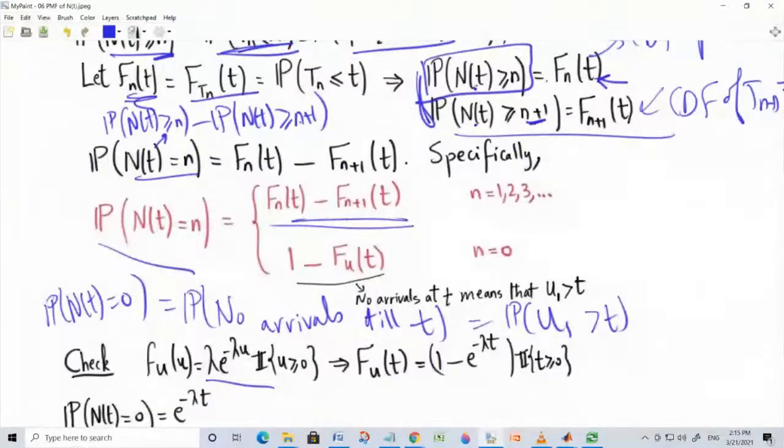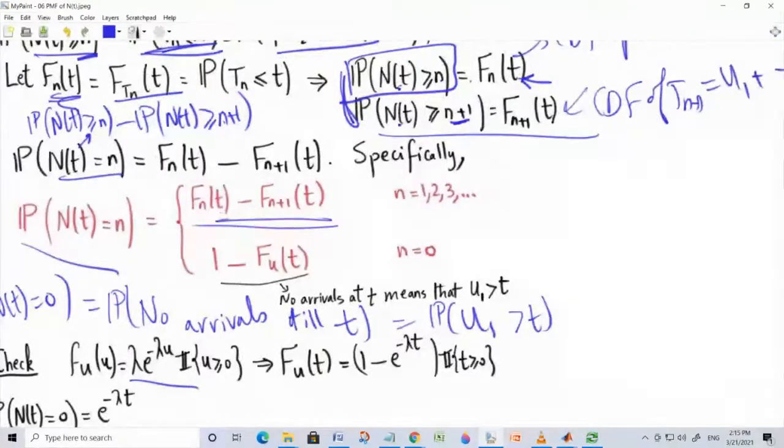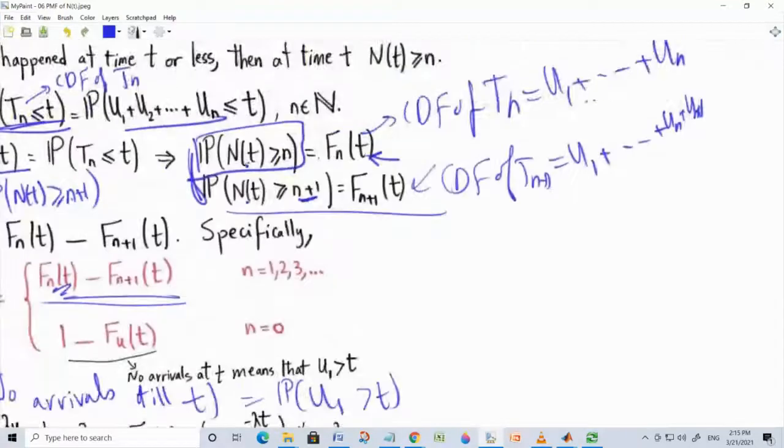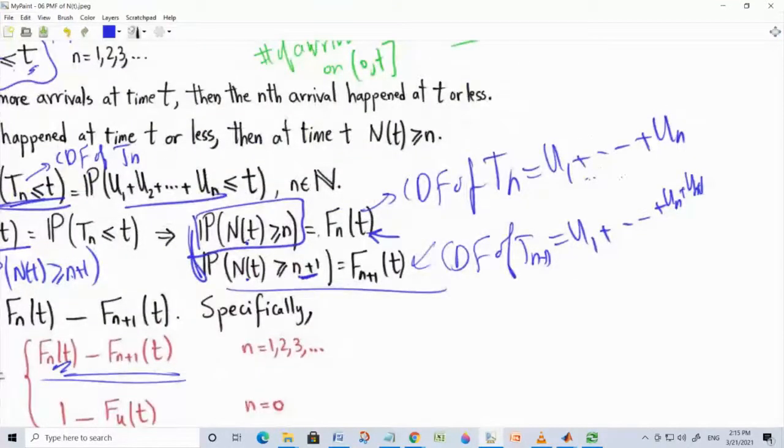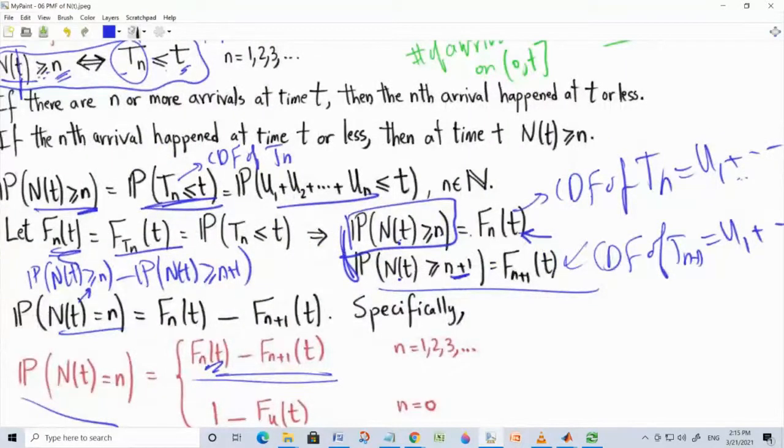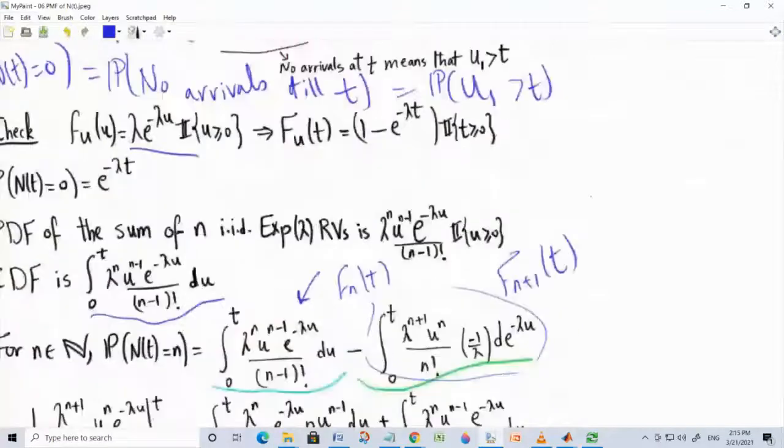The general case again is difficult because you will need to deal with monsters. I am saying monsters, not in a figurative sense. This thing is a monster, so it's sort of a literal sense. This is bad. The CDF of, yes, the guys are IID, but even the CDF of a sum of IID random variables may not be nice at all. Okay, so